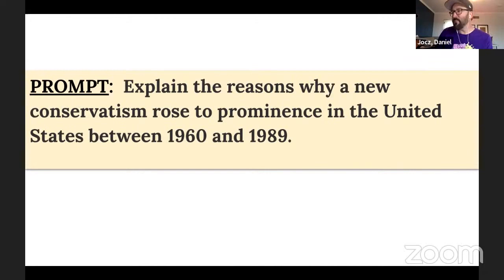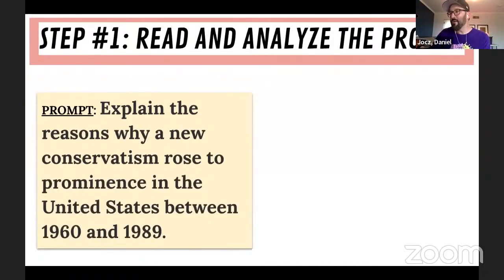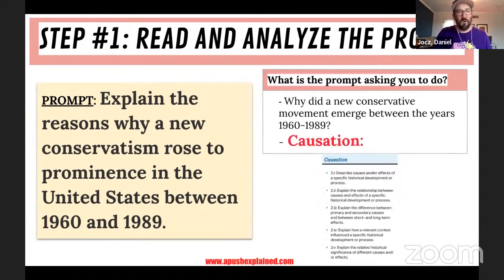And the reason why this particular question can get a little tricky is the first time you read and you're analyzing the prompt, which is the first step, you got to figure out, okay, what is this thing asking me? And the thing that you also need to keep in mind, and we're going to go over it,